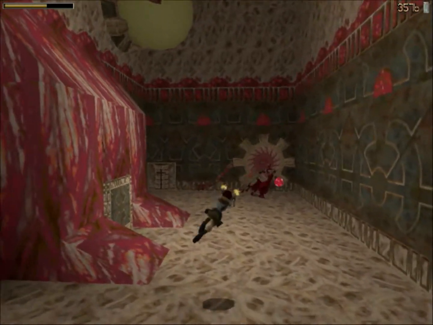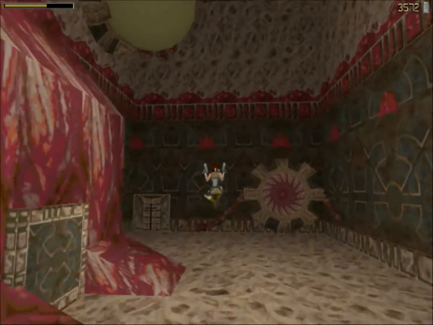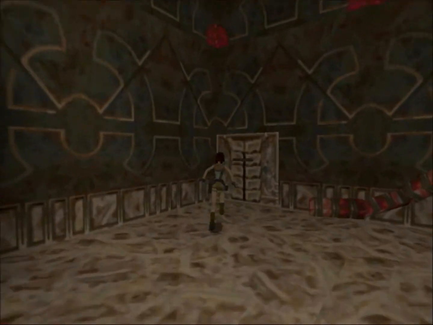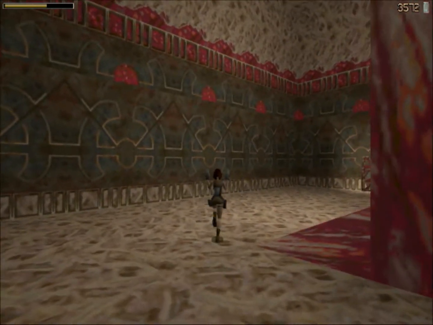Oh my god, are we even hitting it? Now mind you, this was Uzis. Imagine we had to kill them with magnums again. Oh, that'd be horrible. Now the door opened, however...